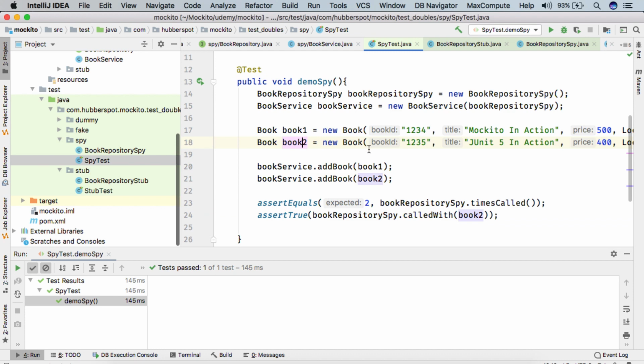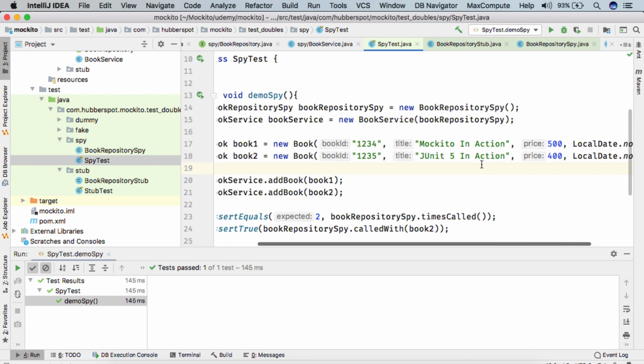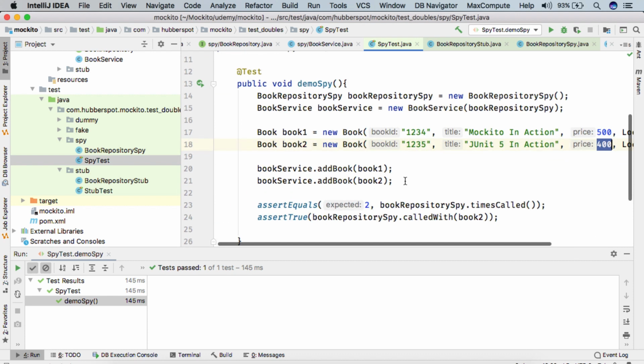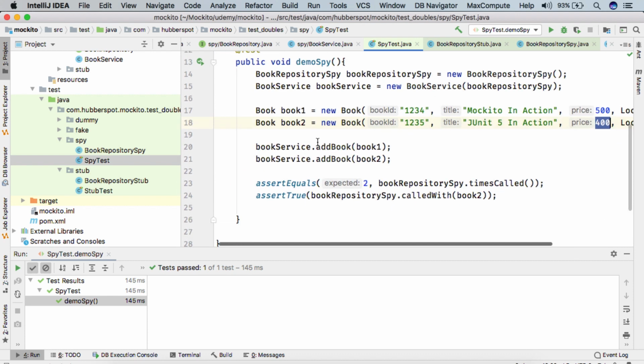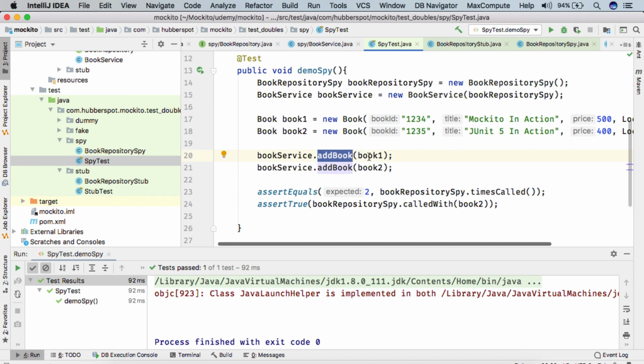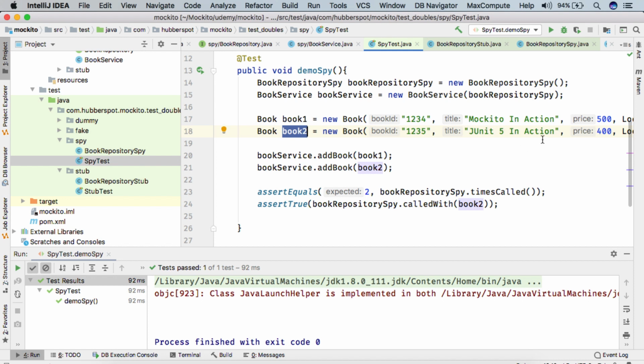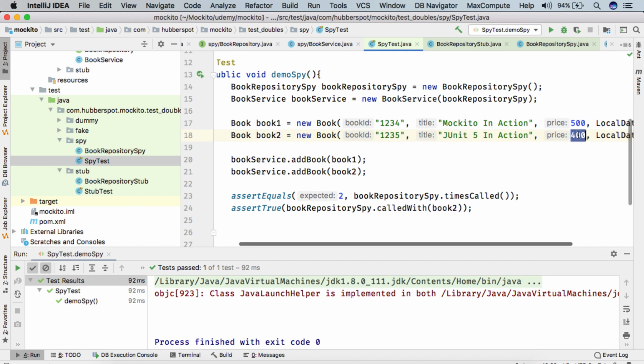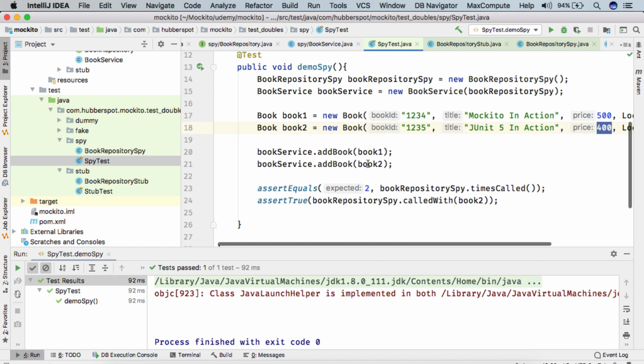So in our spy, we know that book 1 has price greater than 400 and book 2 has price equal to 400. So when we call add book method and pass book 1, it won't save book 1, it will simply return. And when we pass book 2, as the price is equal to 400, and 400 is not greater than 400, book 2 will actually be saved.